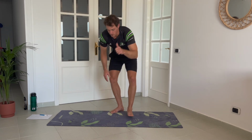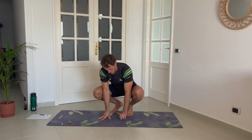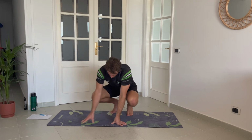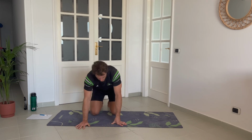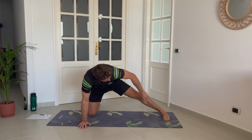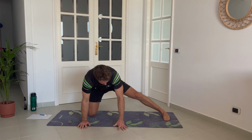Hey, great job, you guys. We're getting into the last part of the practice. Again, we're going to be working on a little bit of strength. So, we're going to start again on the right knee and then the left leg. I'm going to extend it to the side, making sure that the knee and the left toes are on the